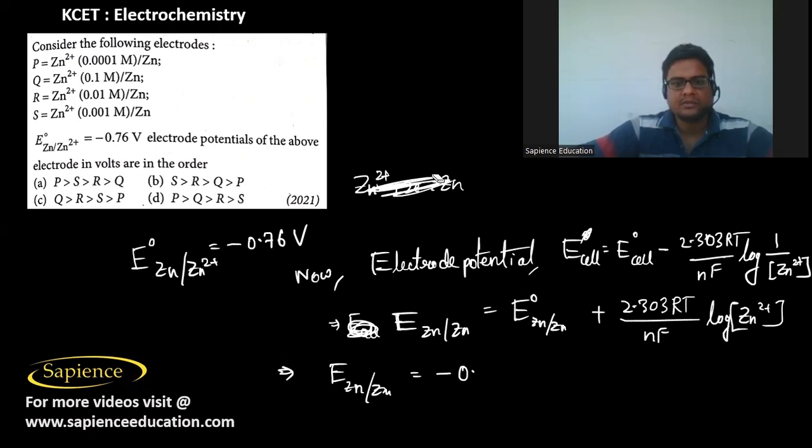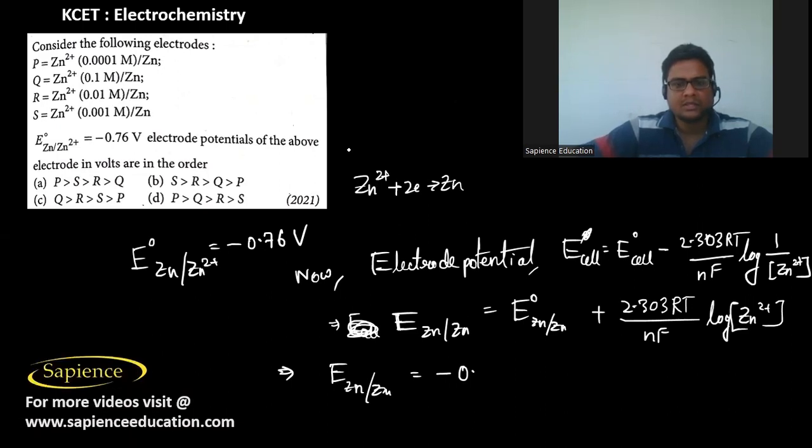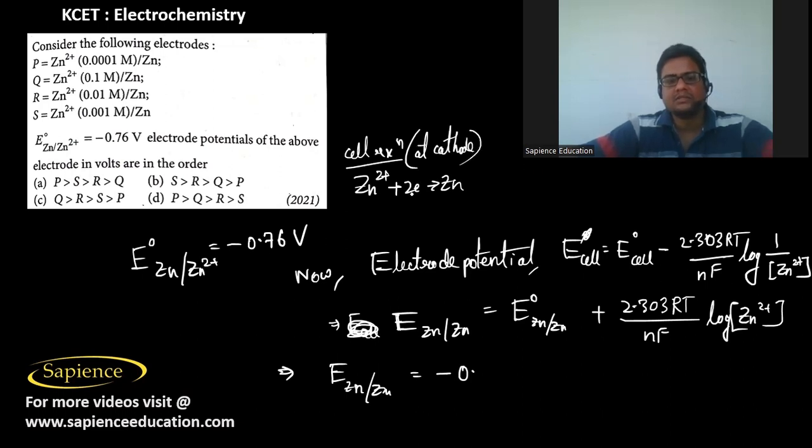This is the cell reaction which is happening, and it should happen at the cathode since reduction is happening. Zinc Zn2+ is reduced to zinc. This one we have to find the order for. Now, since E naught Zn/Zn2+ is minus 0.76 volts,